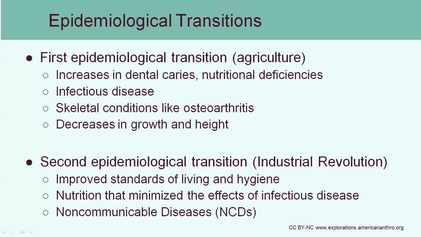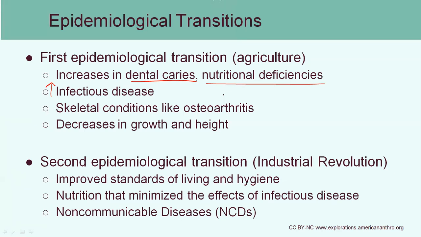So, the move from that nomadic lifestyle of hunter-gatherer to a sedentary lifestyle with growing your own plants and domesticating animals. We've stated previously that this increases your risk of dental disease, including cavities. We're also going to have a higher risk of nutritional deficiencies due to the limited nutritional value of these foods. We're going to see an increase in infectious disease. This is because of our proximity to animals, which also can have disease, as well as our proximity to each other, because we would be living in larger social groups.